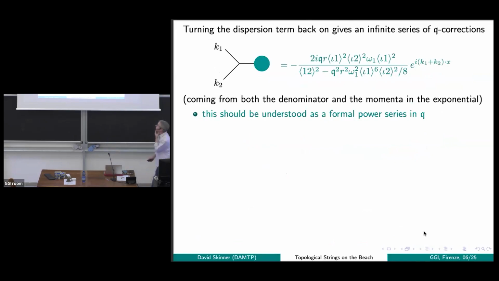Now turning the dispersion back on, so what we've done so far was just in the leading limit of small q. So putting all the q dependence back, we now modify the propagator because we've got a modified kinetic term. And that's this q squared piece down in the denominator. And also the k's in the external momenta now have some q dependence. They're no longer just null in the normal way, but they obey that modified dispersion relation.